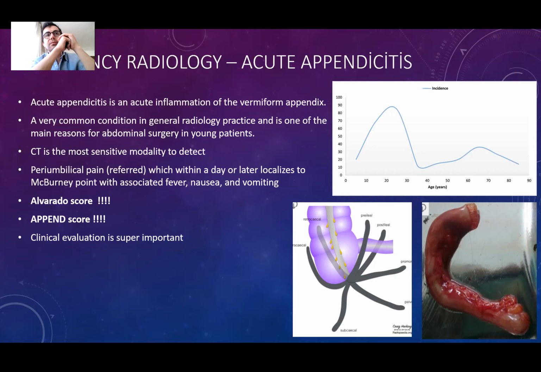CT is the most sensitive thing in diagnosis of appendicitis. I can ask that one, but usually for small children and for patients who are not obese, ultrasound is also highly sensitive. In a case of acute appendicitis, it's as sensitive as 80%. Sometimes it's not detectable by ultrasound. So the gold standard is CT, but ultrasound is preferable in children. Okay, so